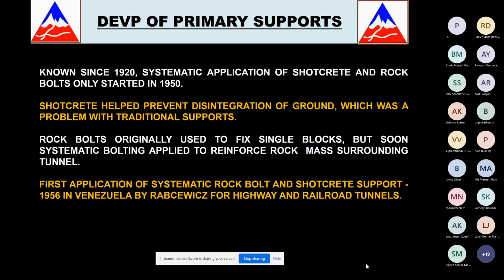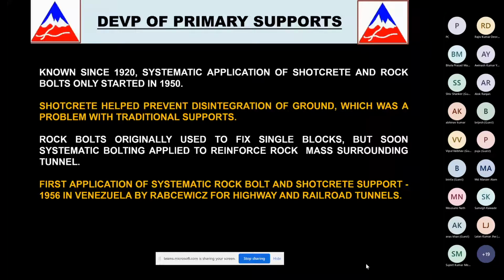Primary supports were first developed in 1920, while systematic application of shotcrete and rock bolts was started only in the 1950s. So actually, this art is just about 6 to 7 decades old. Shotcrete helped prevent disintegration of ground, which was a problem with traditional supports. Initially, before shotcrete came up, we used to do timber supports or just massive steel supports. But now we've started using sprayed concrete and